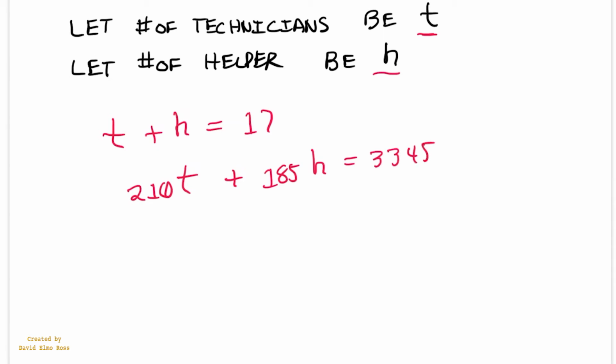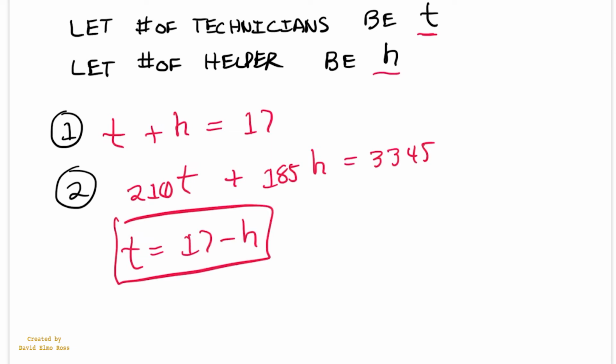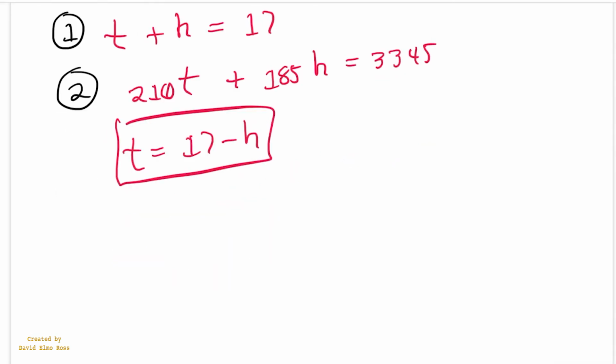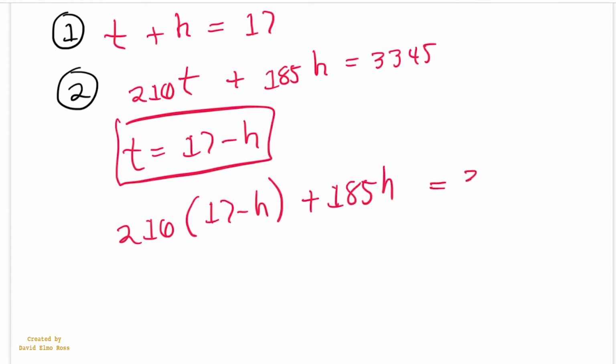$3,345 a day. Now let's call this equation 1 and let's call this equation 2. So we have two equations. What we want to do is take the first equation and write it as T equals 17 minus H. Then we can substitute that into the second equation. So we can write the second equation as 210, then we substitute in 17 minus H for T, plus 185H, and that's equal to 3,345. Now at this point we're going to multiply 210 by 17, and that gives us